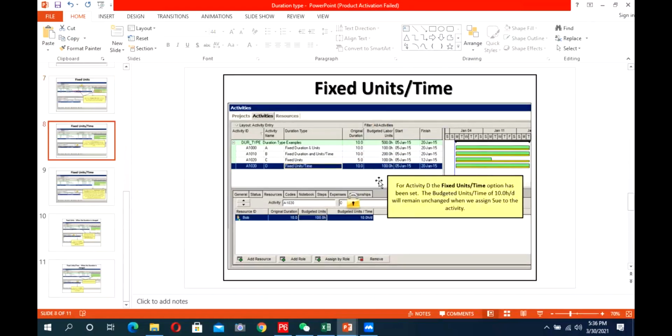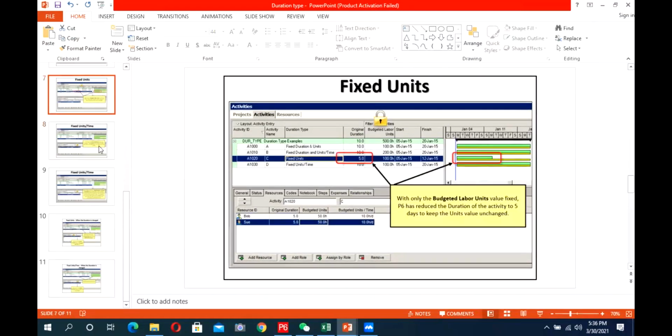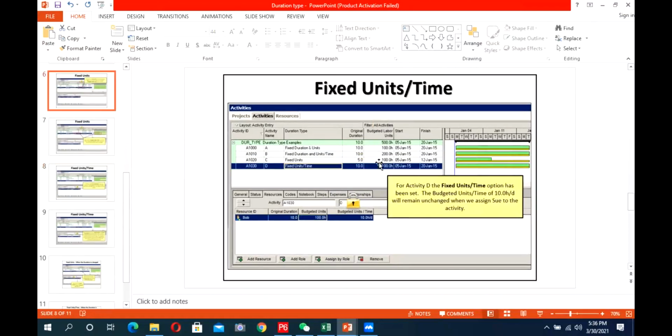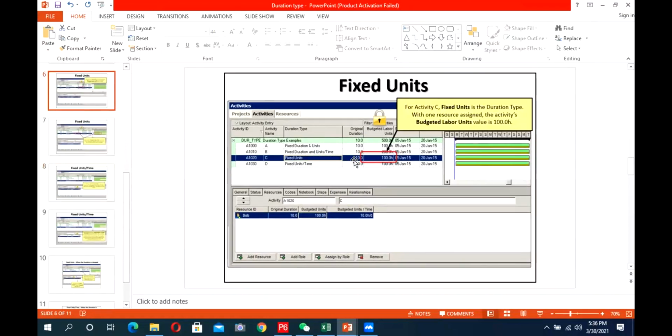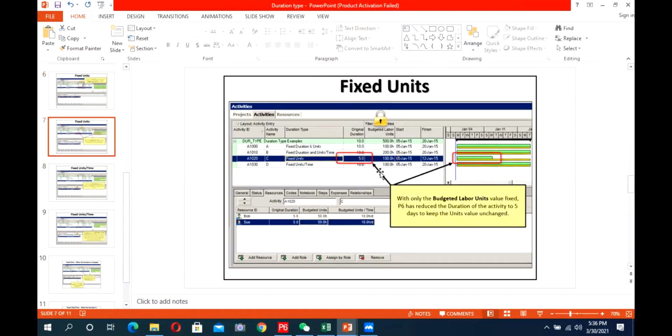For example, we have 100 units, 10 days duration, and one resource with 10 hours per day. We add another resource. What happens? The overall unit remains fixed at 100, but it decreases the duration. So this is fixed unit.